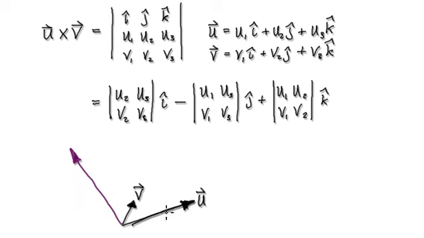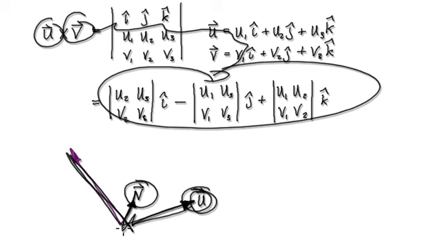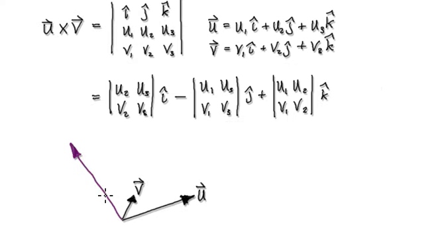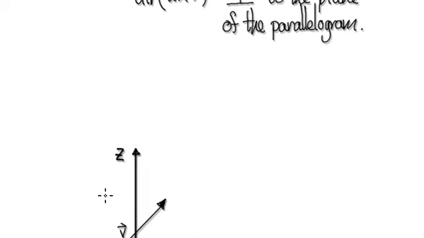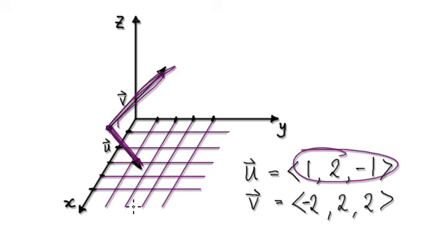So the idea here is that we are going to get one vector, cross it with another. So we're just going to mindlessly compute this thing here. That will then give us this vector here, and then divide it by its magnitude. So once we've got this vector, we can work out its magnitude. So let's proceed. So given these two vectors, given this vector here and this vector here, so we are going